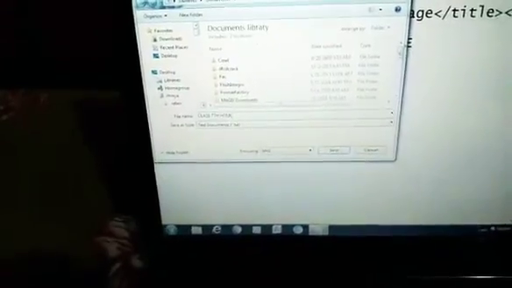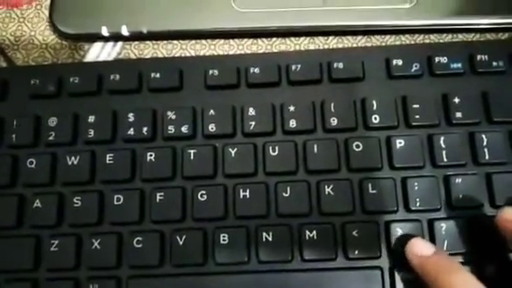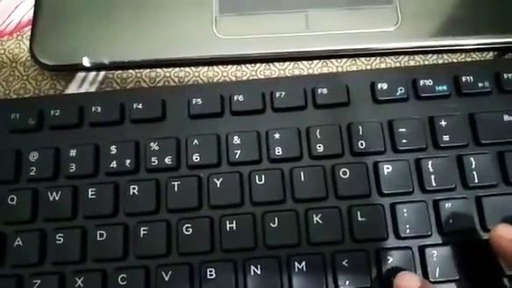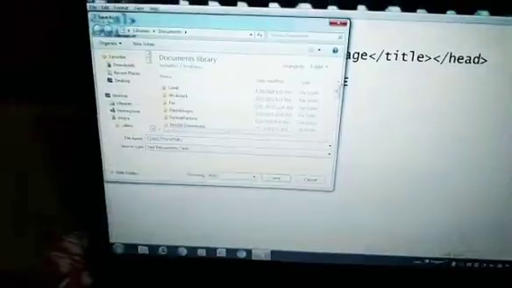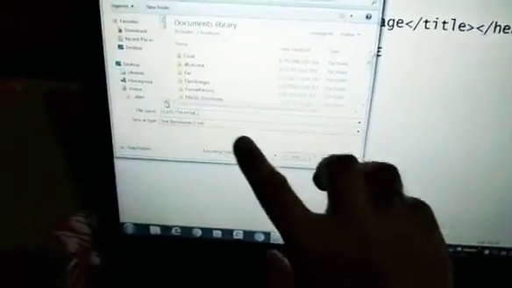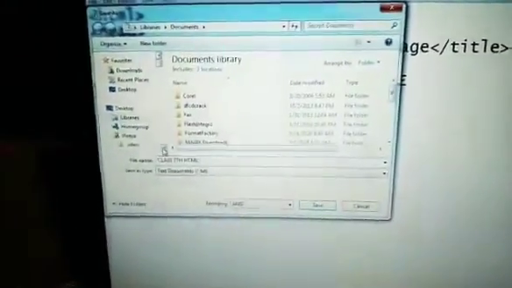To type the extension, just put the dot symbol, this dot. After giving the file name, you have to press this dot and then give the extension. You can see the dot here after the name. Okay, now we have to give the extension, and the extension of HTML is HTML itself.